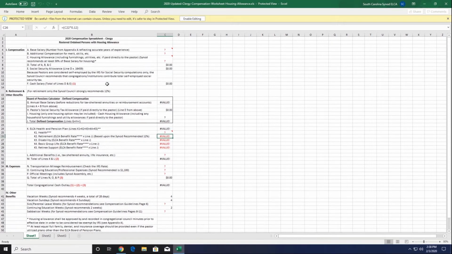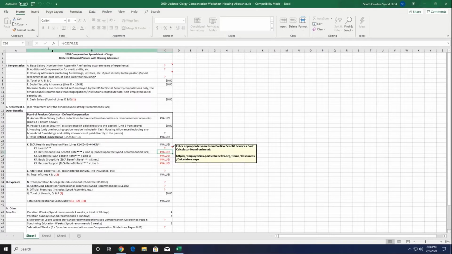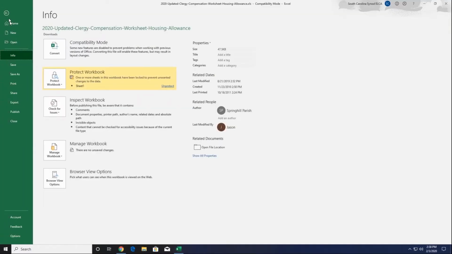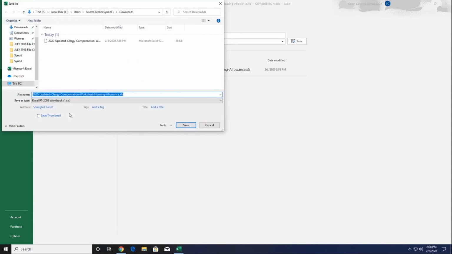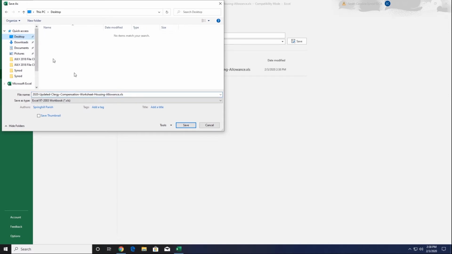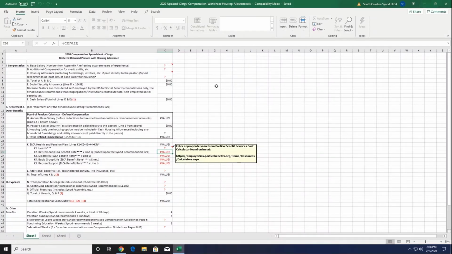At this point, you're still going to need to save this document, and so what we're going to do is go to File, Save As. Again, I'm going to take it and put it on the desktop, and you can save it under whichever name would be appropriate for your context. So now what we're going to do is start by going down each part of